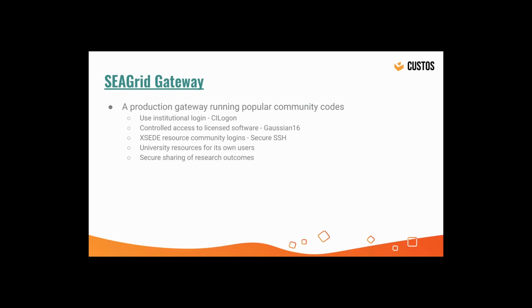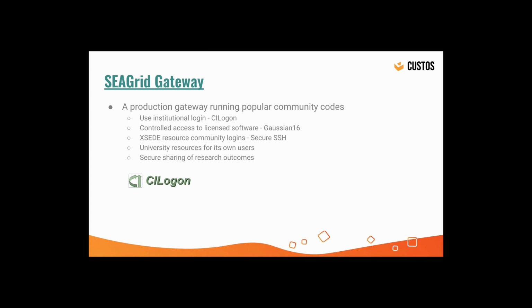So Secret is a very popular, very mature gateway, and it has a lot of popular codes running there. Those are mostly community codes, from chemistry to engineering. One of the things is that the gateway gives users the option to use their existing institutional login. They don't need to create local accounts and try to remember yet another password for a portal to log in, but can simply use the institutional login through CILogon, which is again a service that enables true